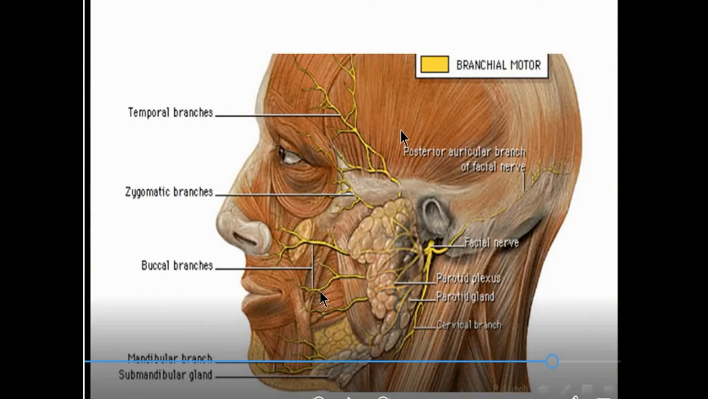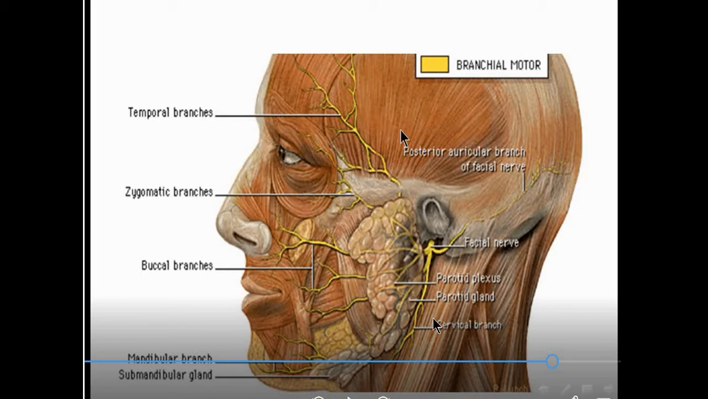This is a lateral view of the skull, norma lateralis, showing the site of exit of the facial nerve from the stylomastoid foramen, and it gives the posterior auricular branch of the facial nerve, and this is the 5 branches in the parotid: the temporal branches, the zygomatic branches, the buccal branches, the mandibular branches,